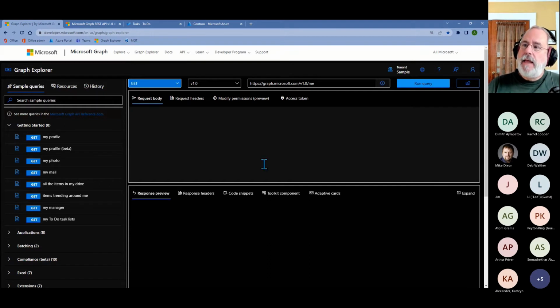So I'm here, and I don't know how many of you have used the Graph Explorer? I don't know how to take a quick poll on here. But if you have, maybe you'll pick up some new aspects of it, because they've been changing it around and enhancing it lately. So you'll see here, it looks a little bit like the tool Postman,